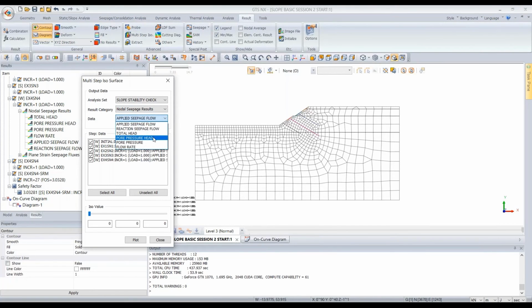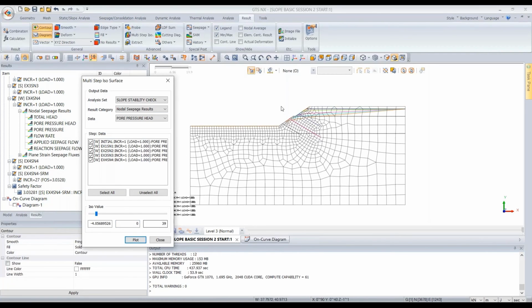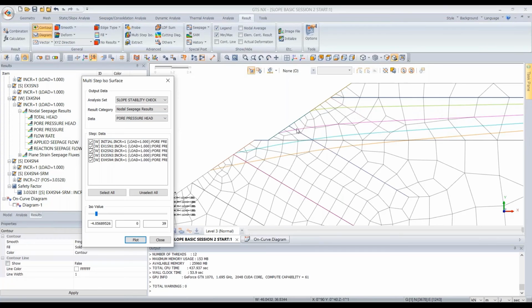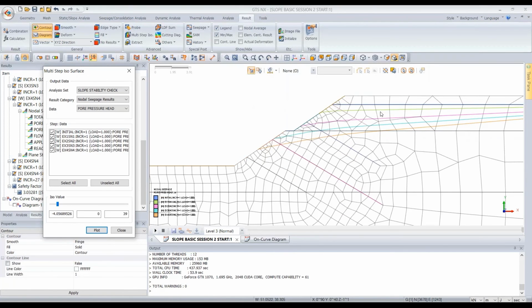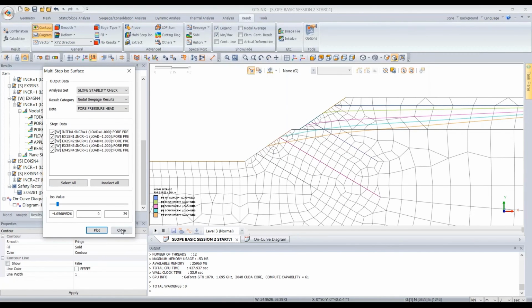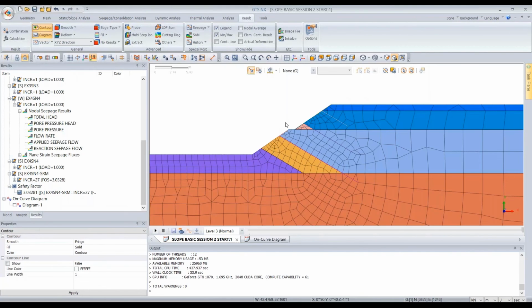And for data, you need to change to pore pressure head and give a base value of 0 and plot. And you can see the pore pressure head from each stage with a different color like this. Or if we want to take the exact value,